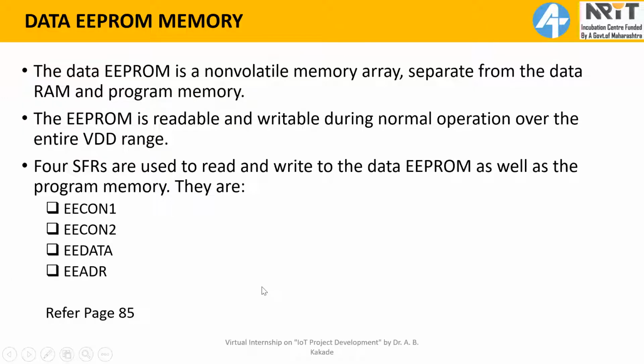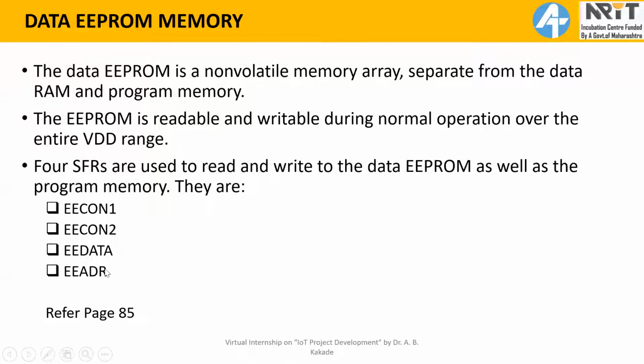This register contains the address of the EEPROM location. For example, if you want to write data to the address 0x01, then first of all, you must load the 0x01 address into the EEADR register. So this register points to one particular location in EEPROM memory, and in total there are 256 locations. If you load the EEADR register with 0x10, it will point to the 0x10 EEPROM memory location.